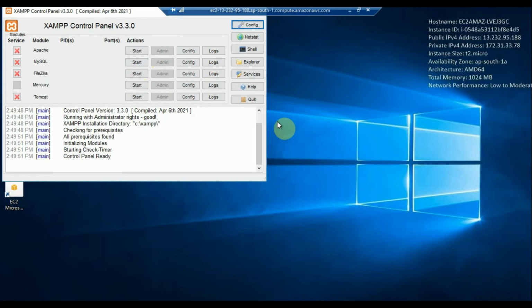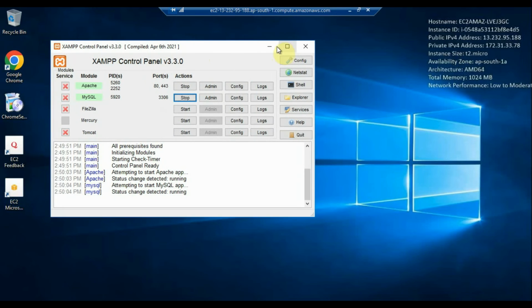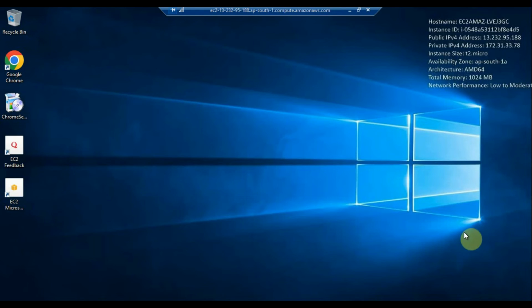As you can see, Xampp has been installed, and I am just starting Apache and MySQL, since I have to host a basic HTML website that I created earlier. Now the processes start running. Okay, all you have to do